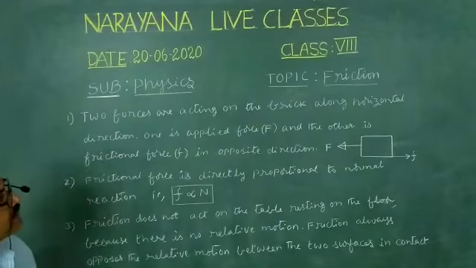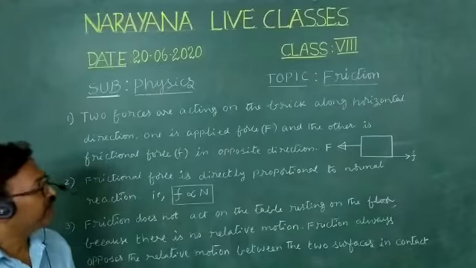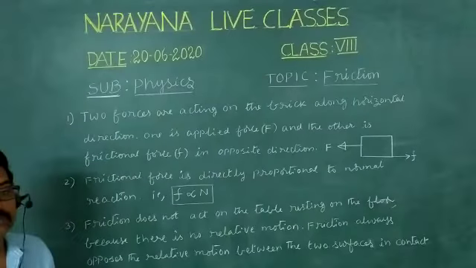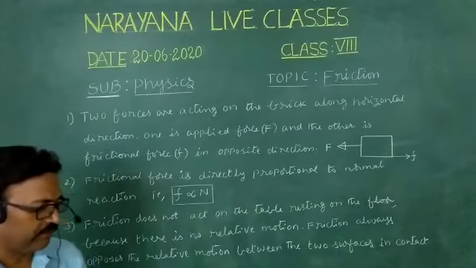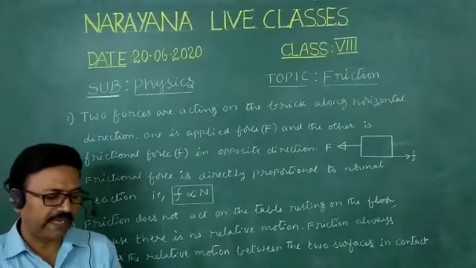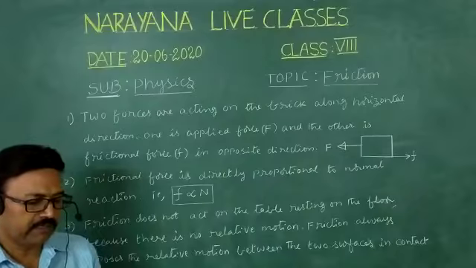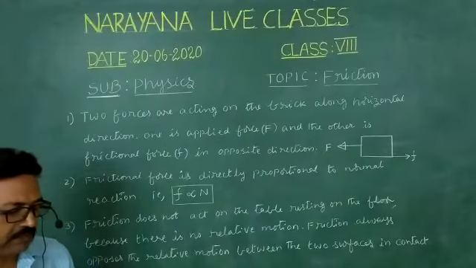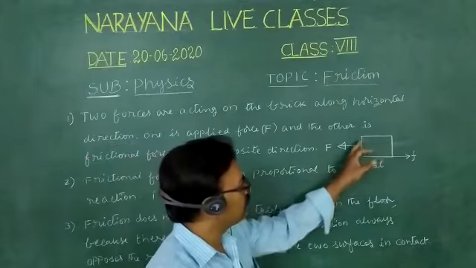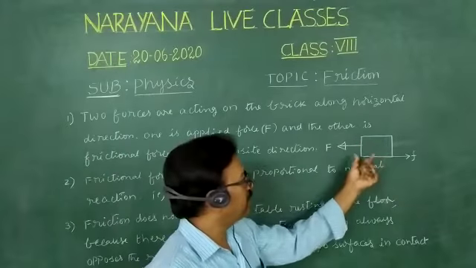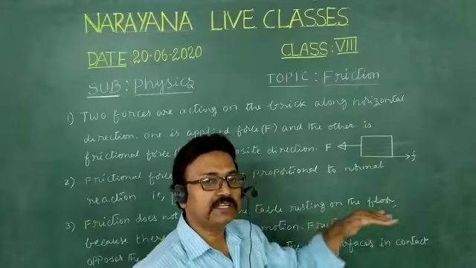Today we are going to discuss the key of the assignment conducted on 26/2020. Here, what is the first question? How many forces act on the brick along the horizontal direction in the following diagram? See, a diagram is given. We have to say how many forces are acting in the horizontal direction.